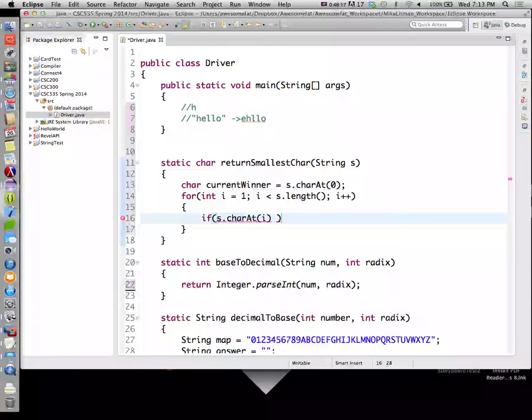Is it less than? Okay. I already have current winner right here. Right, so I started current winner off at the very first character, H, in our example. So if that character is less than current winner,